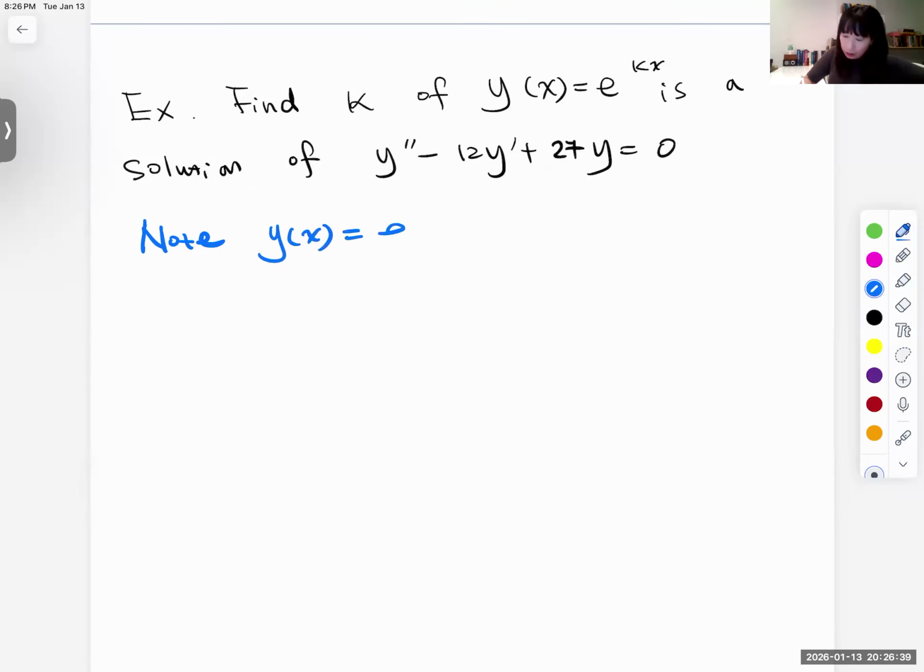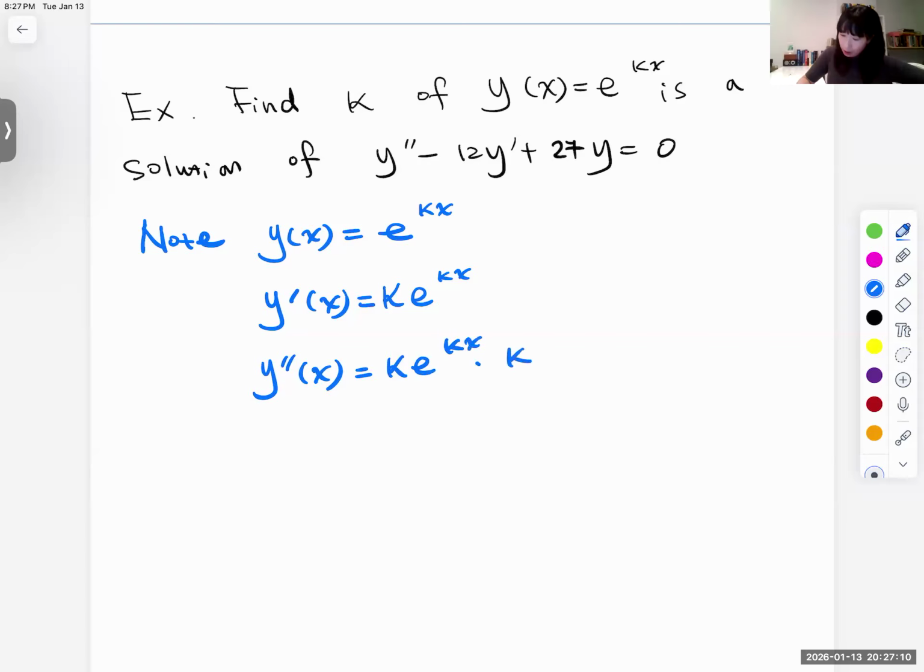So y equal to e to the kx. Okay, so y prime is e to the kx times k, right? Okay, so the second derivative. We differentiate y prime with respect to x. So k e to the kx times k, right? So there will be k squared e to the kx. Okay, now we have,